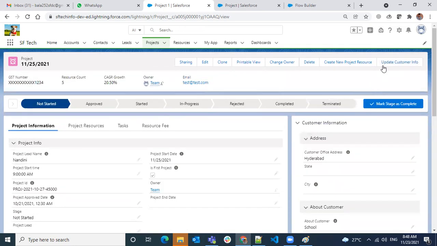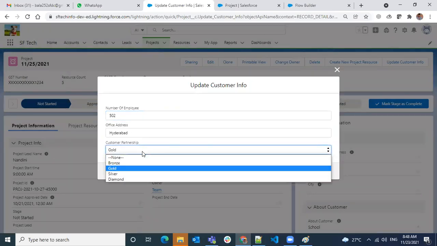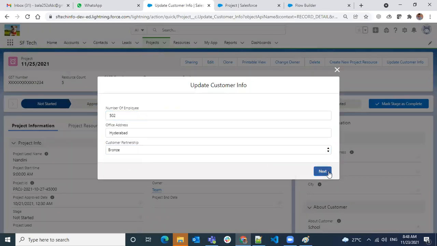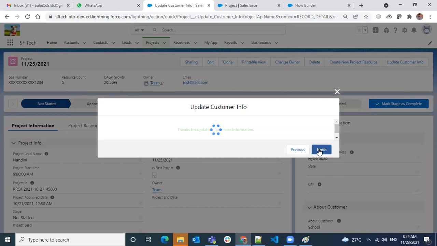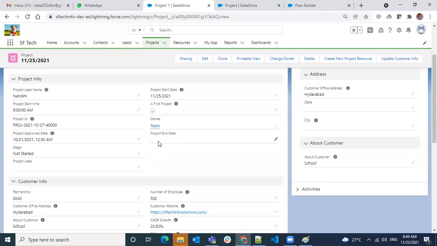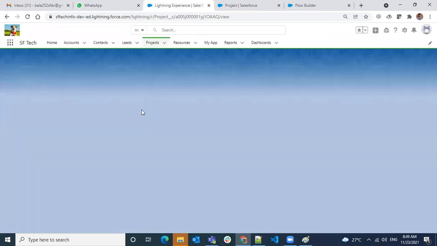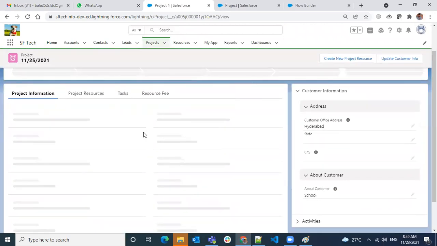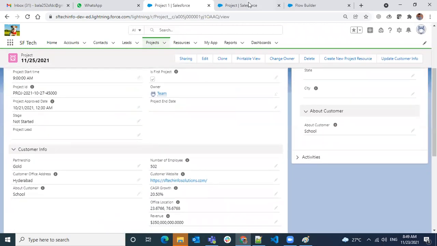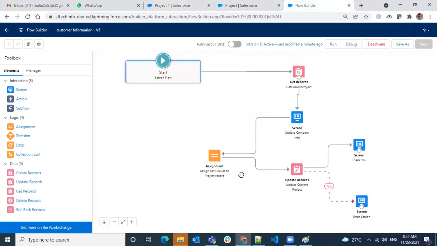So at least we'll see if we're able to change it or not. We'll see. It's not changing at all. Are we missing anything here?